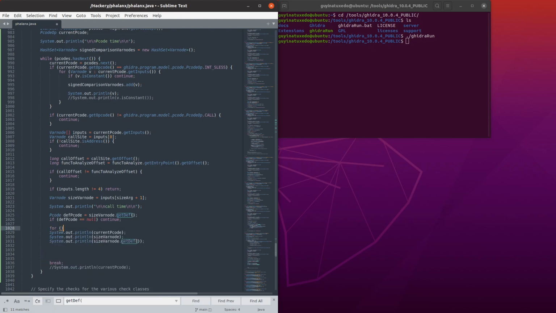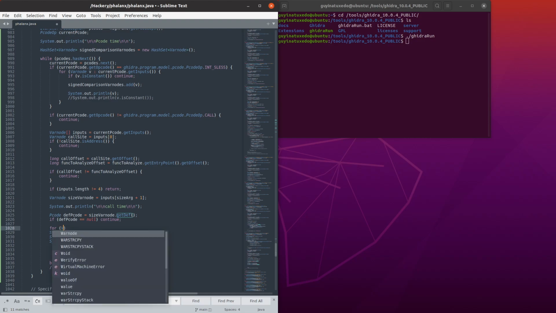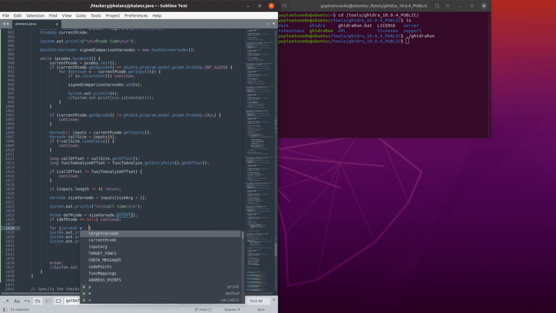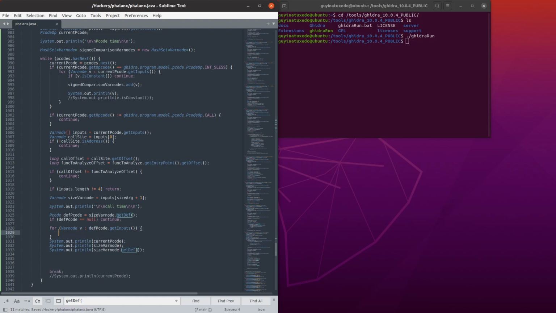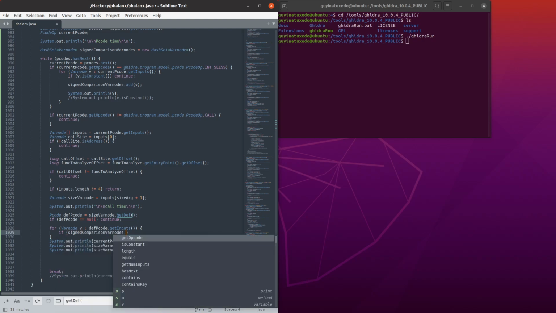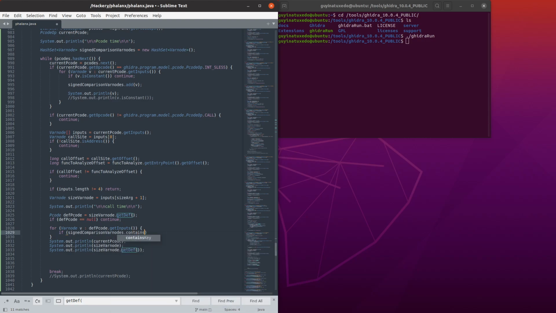But for now, I'll do for var node v in definition P code dot get inputs. In that instance, we will, if signed comparison var nodes dot contains v,